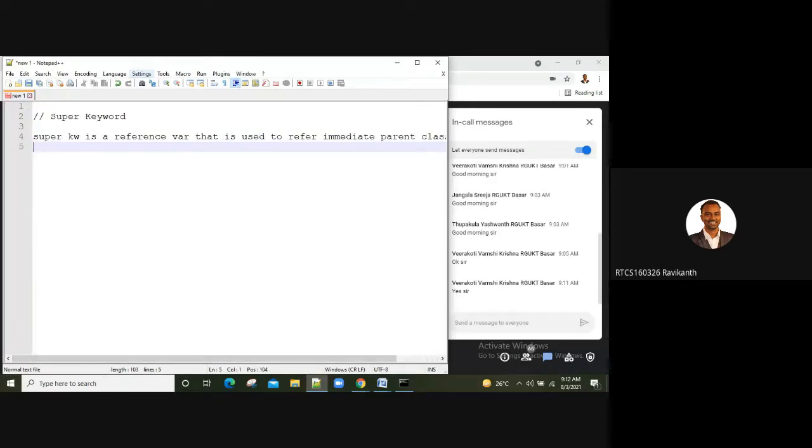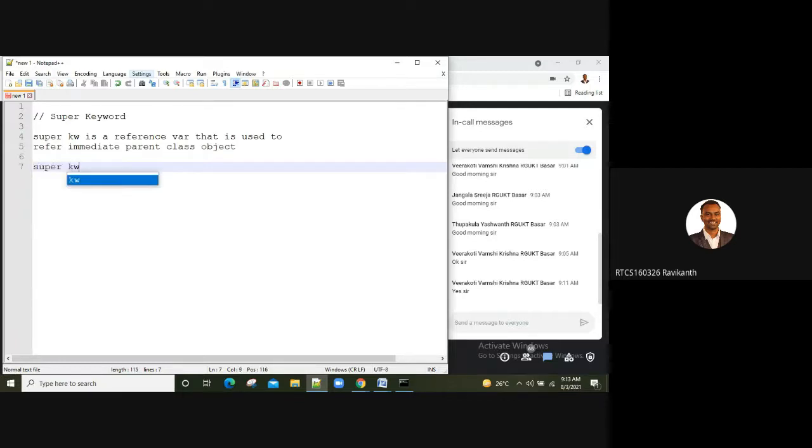Please note down: it is going to refer to the immediate parent class object. If you want, you can also highlight that the super keyword is always pointing to the base class, super class, or parent class.